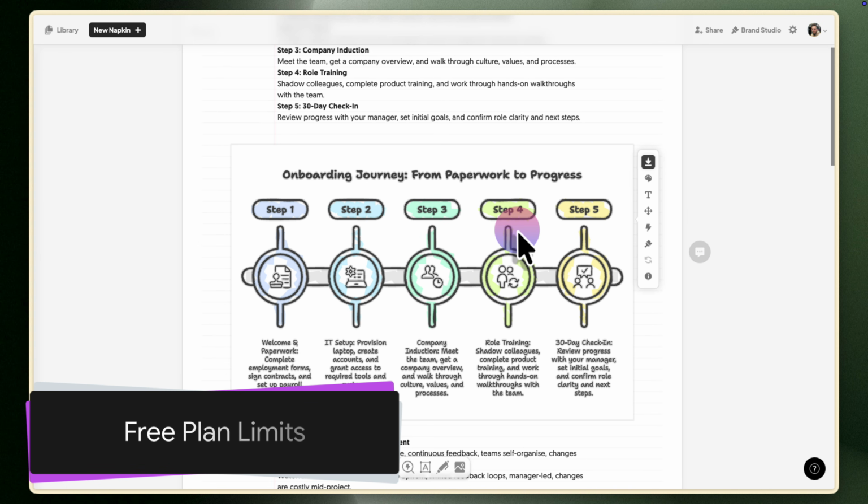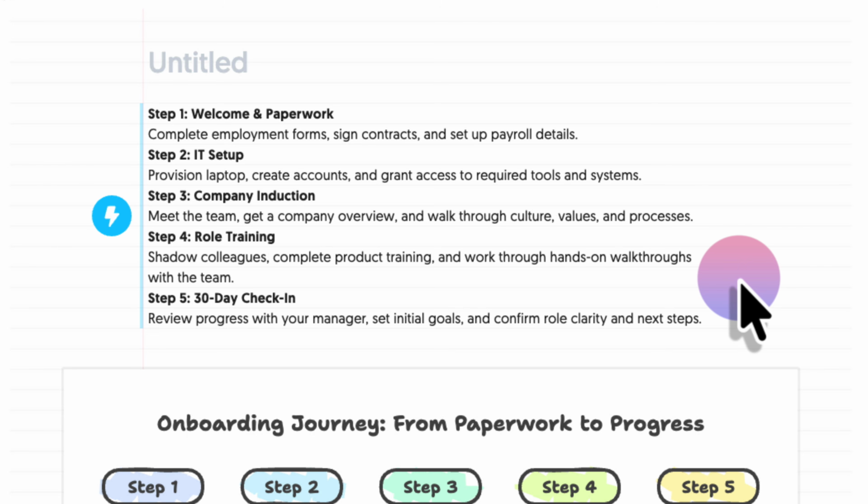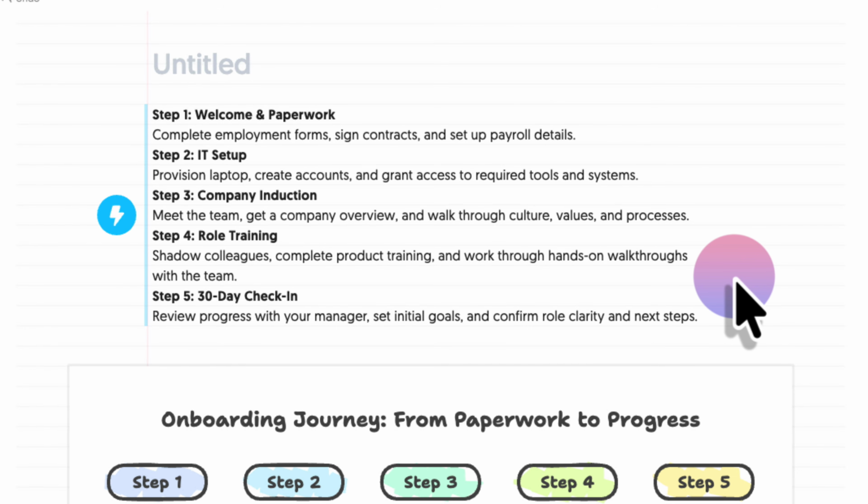And before we wrap up, what does the free plan actually get you? Well, you get 500 AI credits per week. Each credit is roughly the equivalent to 1 word of selected text, so most diagrams will land somewhere between 40 and 150 credits. That works out to about 3 to 10 diagrams per week, which for occasional use is genuinely